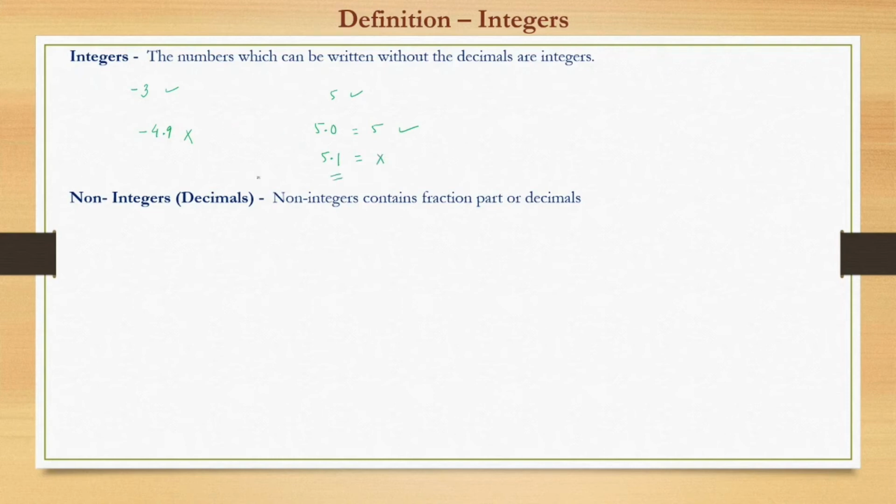So this concept, I believe, is simple. All the non-decimal numbers, either positive or negative, are integers. What are non-integers? All the decimal numbers are non-integers. As I took the example of 5.1, this is a decimal, I mean a non-integer. Similarly, minus 4.3, minus 3.2, minus 8.9, 120.35, 193.43, and so on.